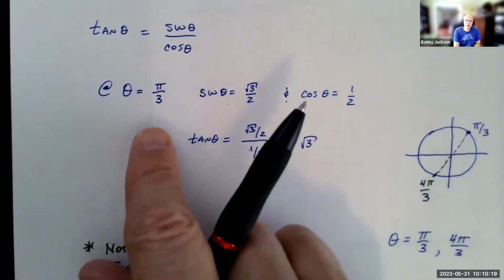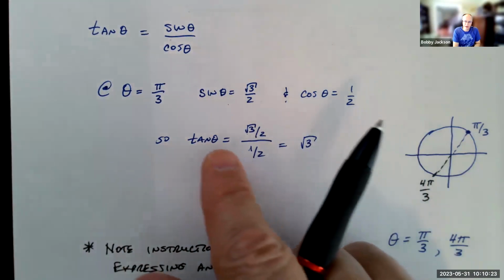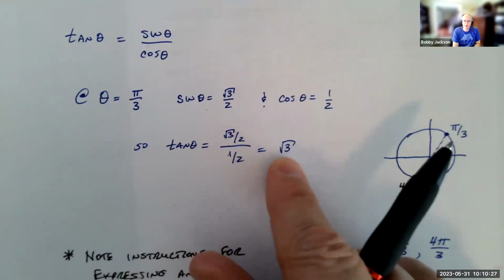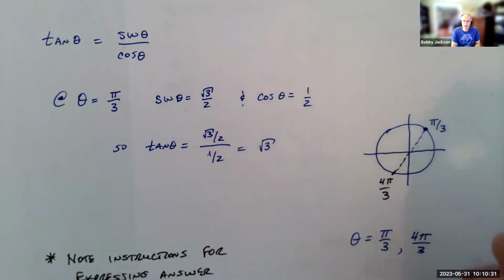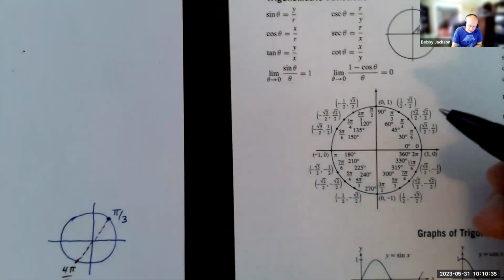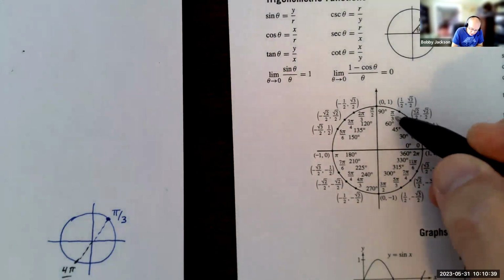So that's what we observe at pi over 3. Sine of theta and cosine of theta are those values. So the tangent of theta, tangent of pi over 3, is going to be equal to the square root of 3. But that's not the only place where tangent will be equal to the square root of 3, because if I do a diagonal through the unit